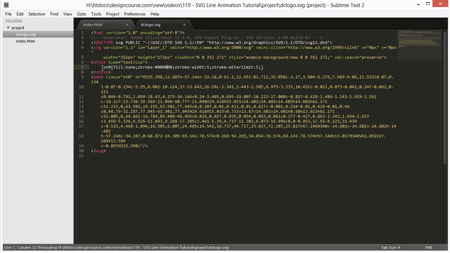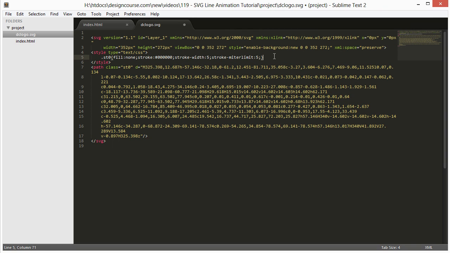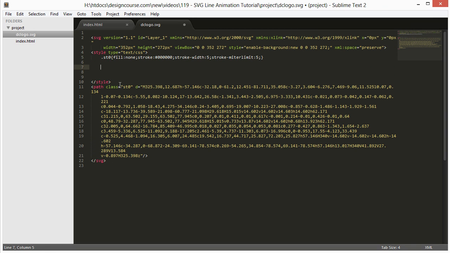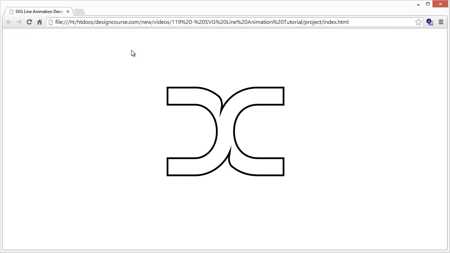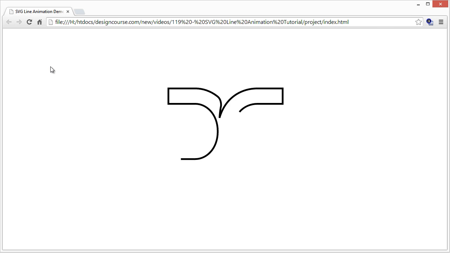Now it added an actual stroke width and all that stuff that we can mess with. All right, so get rid of these three lines, and it gave it a class this time of sto, which is fine. So now I'm going to paste in our stuff again, defs, and take that, change that. All right, now let's see if this thing will work. Go back and refresh. Oh yeah, sweet,